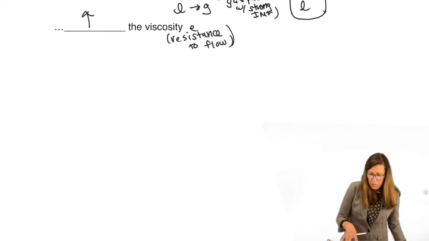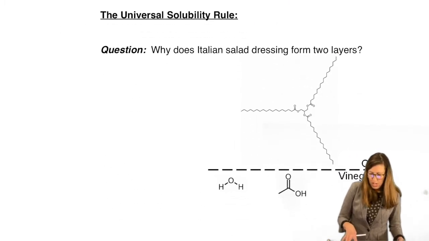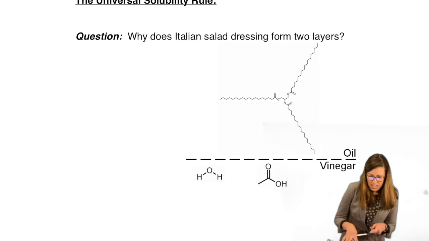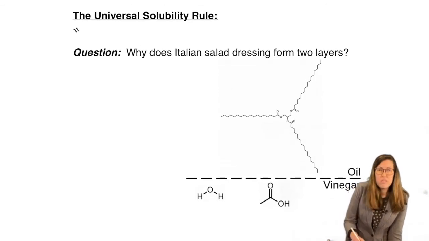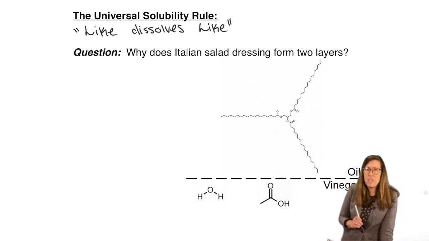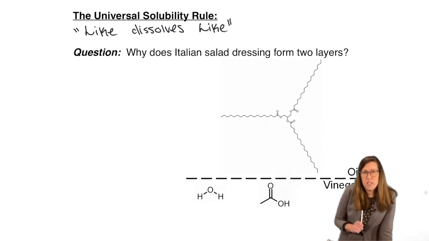Okay, so some consequences in real life. First, I'm going to address one that we see in the lab all the time. We're always worried about solubility. And the universal solubility rule is really simple. Like dissolves like. Which is why in an organic lab, soap and water are not often enough to clean our glassware, because water is not organic. Organic molecules are very greasy. You need something greasy to clean the grease.